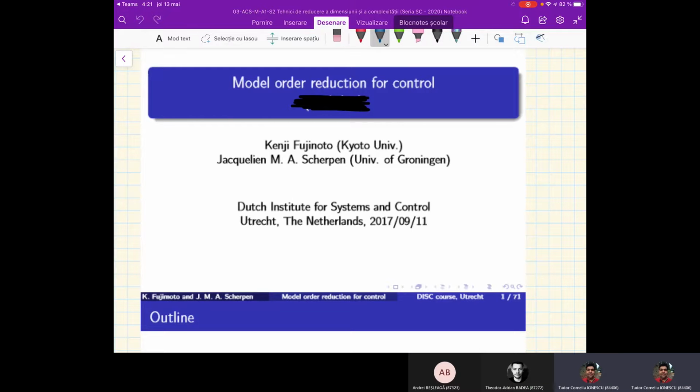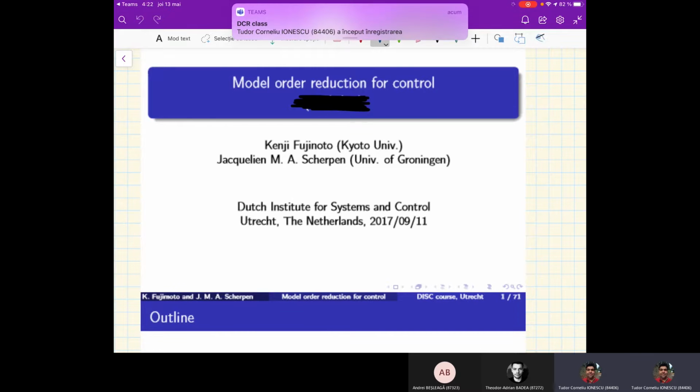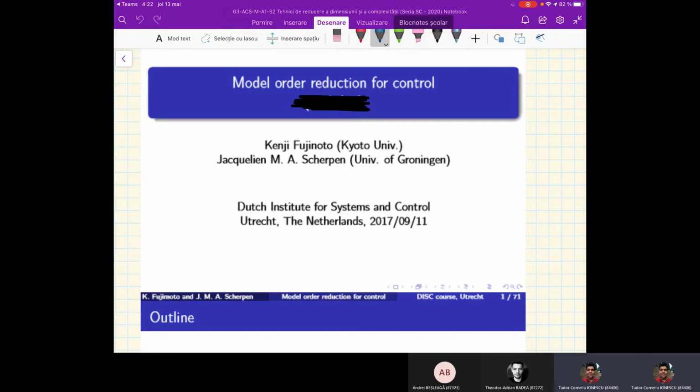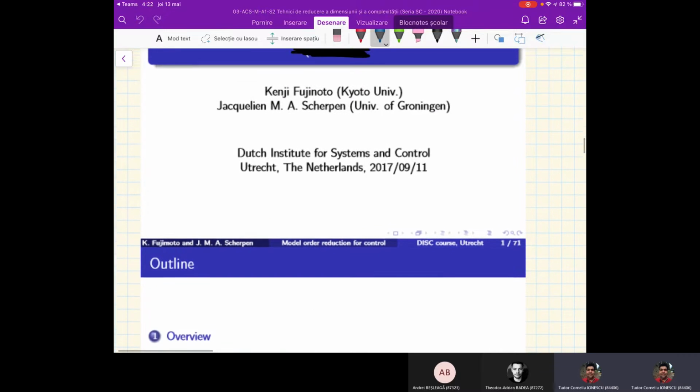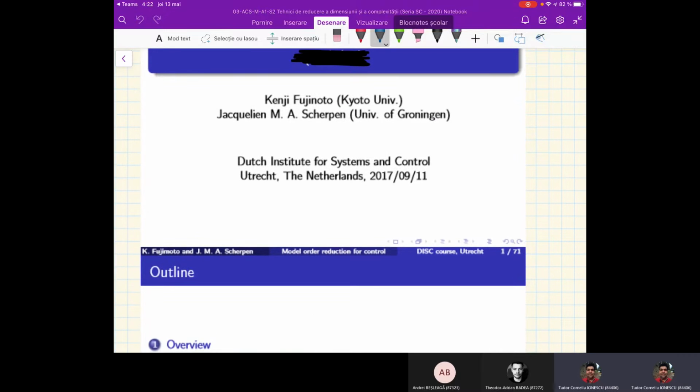Singular value decomposition based methods. You are looking at some interesting lecture slides taught by two of my former collaborators and fellow mates in this research in model order reduction, Kenji Fujimoto from Kyoto University and Jacqueline Scherpan from the University of Groningen, my former PhD advisor. This is a class taught at the Dutch Institute for Systems and Control in Utrecht, in the Netherlands,